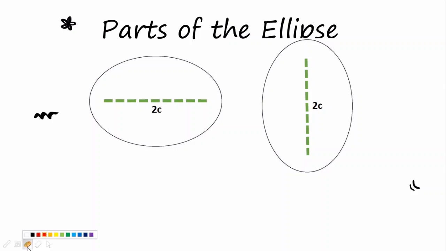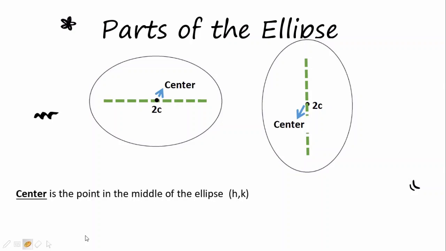Let's have first our first part, the center. Again, center is the point in the middle of the ellipse. So in ellipse, the center is denoted (h, k). And as you can see, we have 2 points here. One on the left side of the center, one on the right side if the ellipse is horizontal, and if the ellipse is, as you can see, vertical,